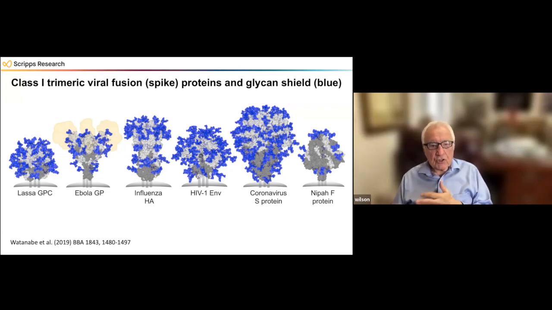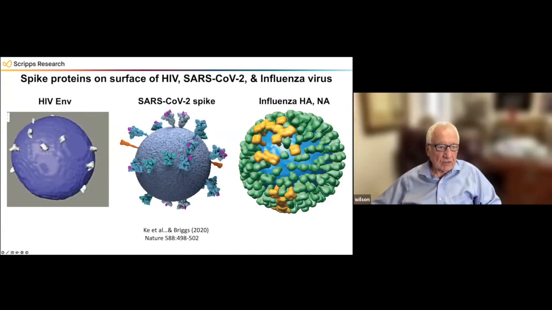When we look at the distribution of these spike proteins on the surface, we can see that some of the viruses differ quite a bit. For HIV, there's not very many spike proteins on the surface of the virus. The virus is in blue here, and it's got a membrane, and all of these are envelope proteins. They've all got a membrane with a spike protein protruding from the surface. And we can see that there's a rather paucity of envelope proteins on the surface, which again makes it more difficult for the immune system to recognize.